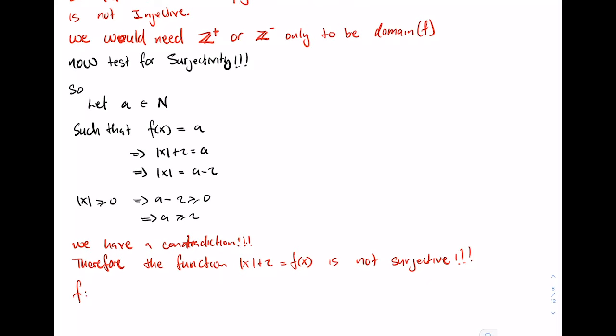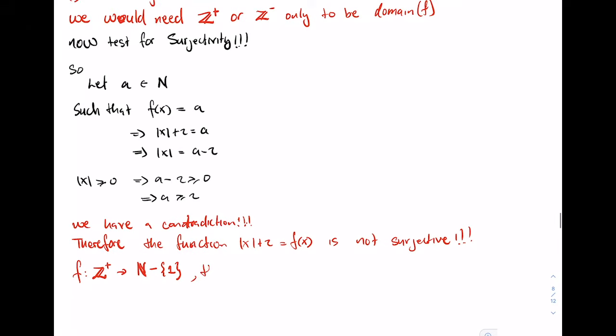if I choose f to go from the set of positive integers onto the set of natural numbers except the number 1, then f will be bijective. Okay? So the range is what we actually solved for here. Okay, and once we choose a new codomain that is identical to the range, then we will have a bijective